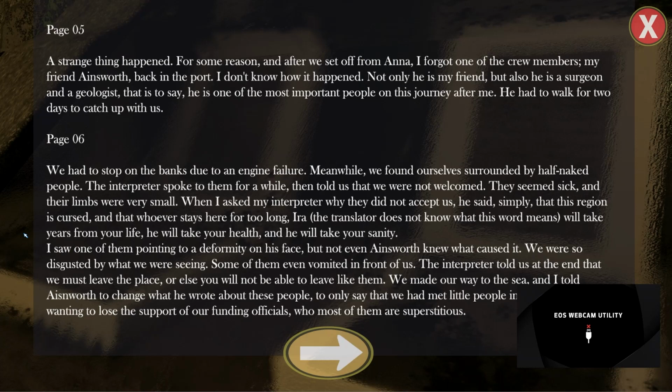When I asked my interpreter why they did not accept us, he said simply that this region is cursed, and that whoever stays here for too long, Ira, the translator does not know what this word means, will take years from your life, he will take your health, and he will take your sanity. I saw one of them pointing to a deformity on his face, but not even Eisenworth knew what caused it. We were so disgusted by what we were seeing. Some of them even vomited in front of us. Sorry for the graphic